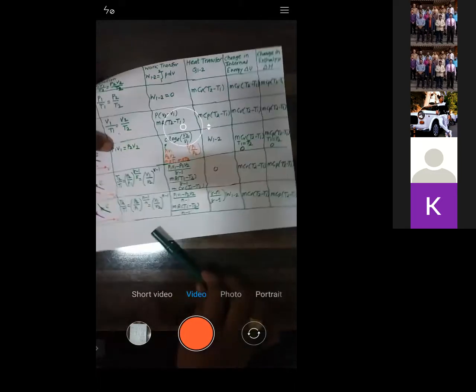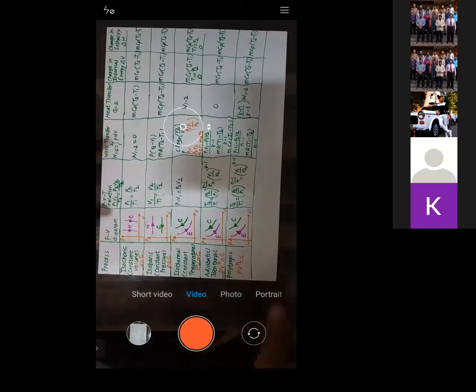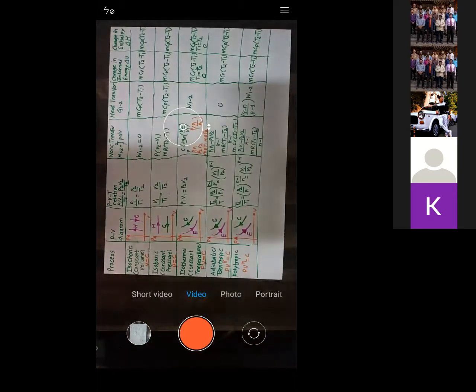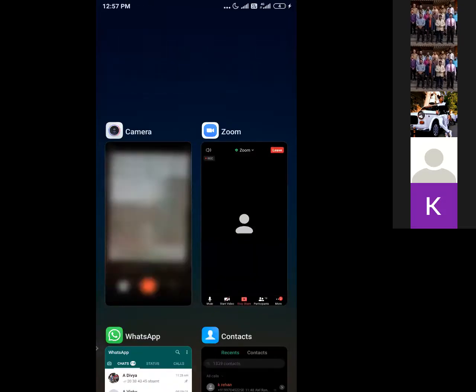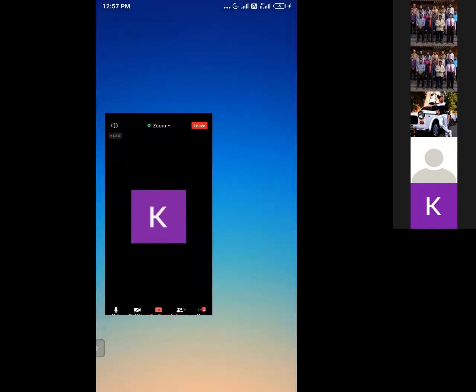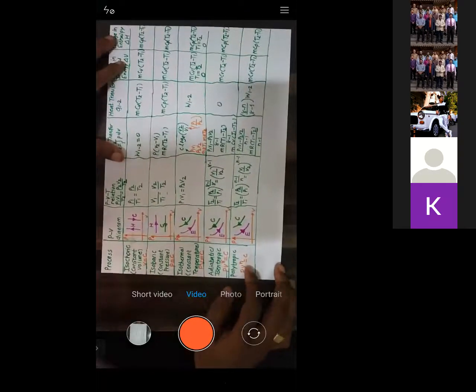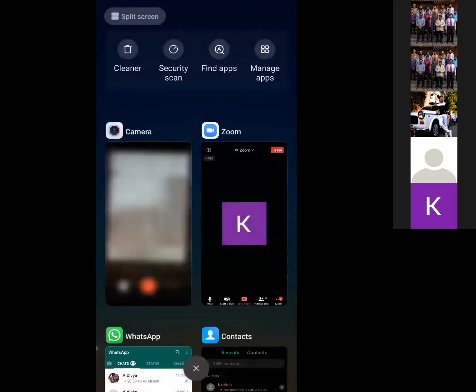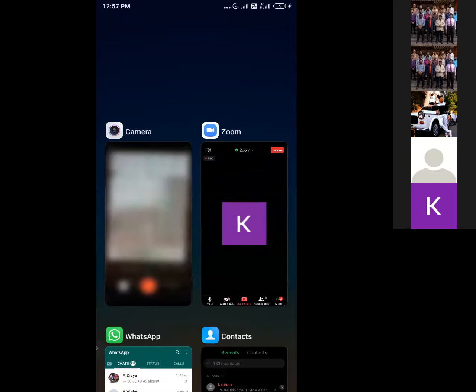So what we have done is basically drawn this table. You can see how we have made it. In this table it is very easy to understand and remember the formulas. Is it okay, all of you? Yes, sir. Okay, so we'll conclude the session here, and in the next session we will immediately start with problems based on it.